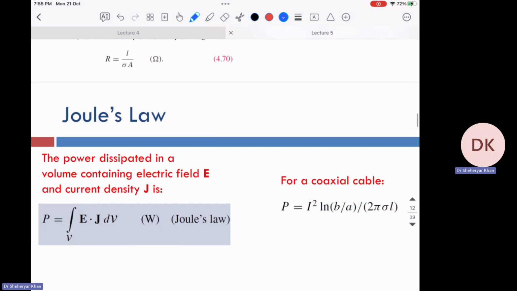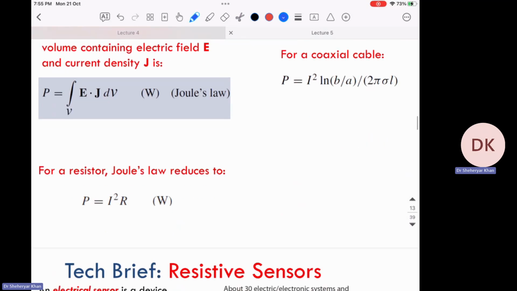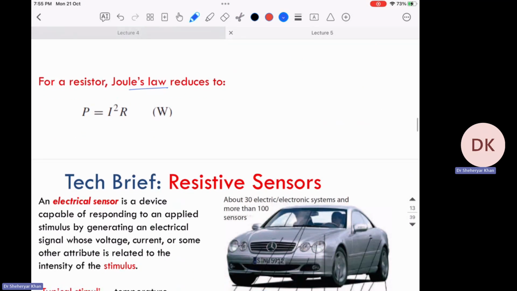Now, if you want to see it in the form of Joule's law, you can again multiply E and J and dV, and you get the power. Okay. And simply, in simple cases like the electric circuit, we can use I square R. Now, we can also